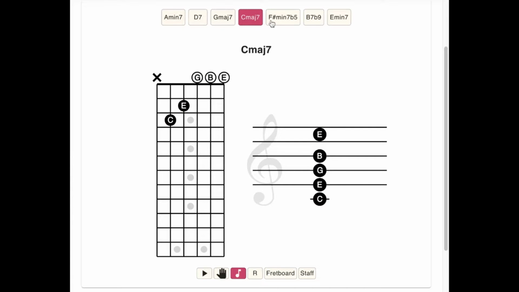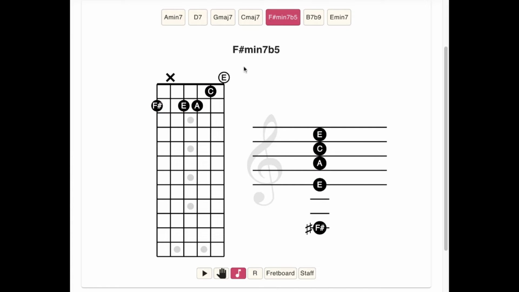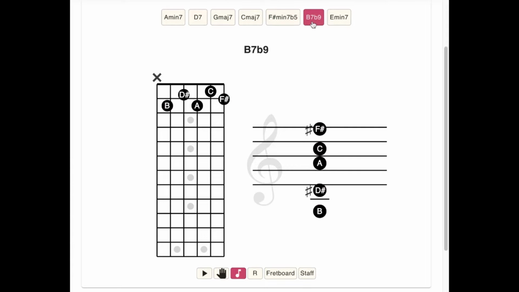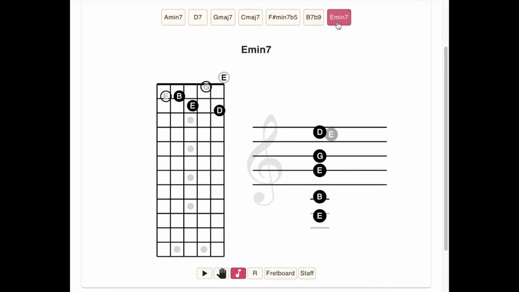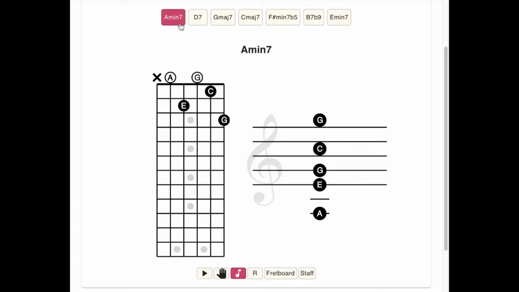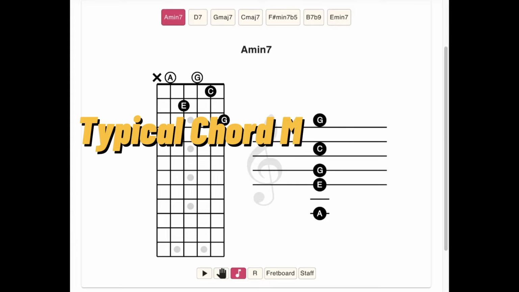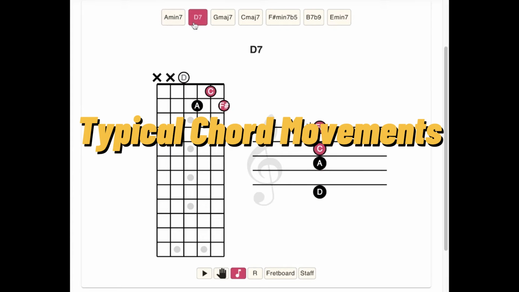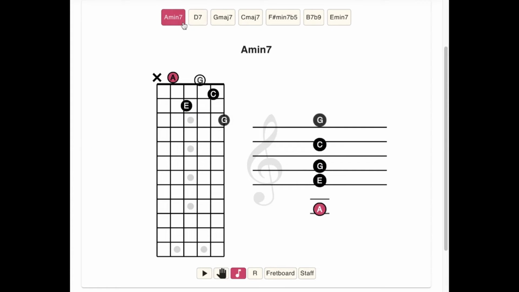Here we can see some nice sounding open shapes, meaning we've got open strings in most of these shapes. And I think that there's some lessons in here as far as how a chord progression is constructed typically, how a chord progression can move, especially a jazz style chord progression. And the hot tip is a lot of times chord progressions, and especially jazz chord progressions, move in fourths, meaning